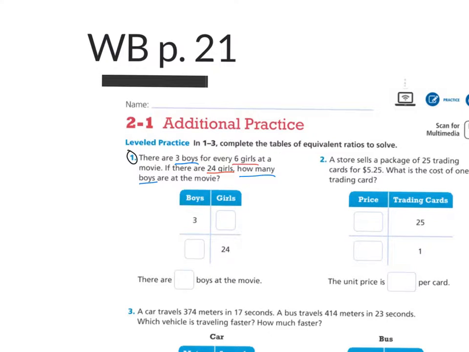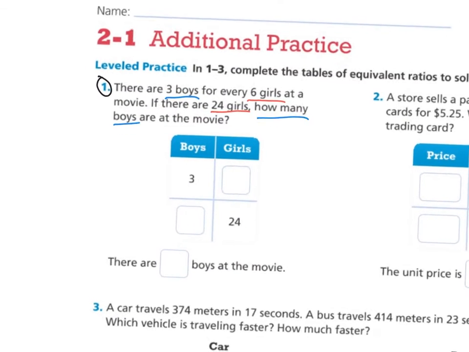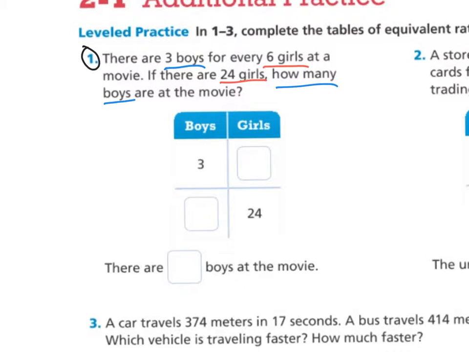Workbook page 21, we're going to look at a few problems here, starting with number 1. So 3 boys for every 6 girls at a movie. If there's 24 girls, how many boys are at the movie? So 3 boys for 6 girls. We can make a table here. And then kind of like what we just did,